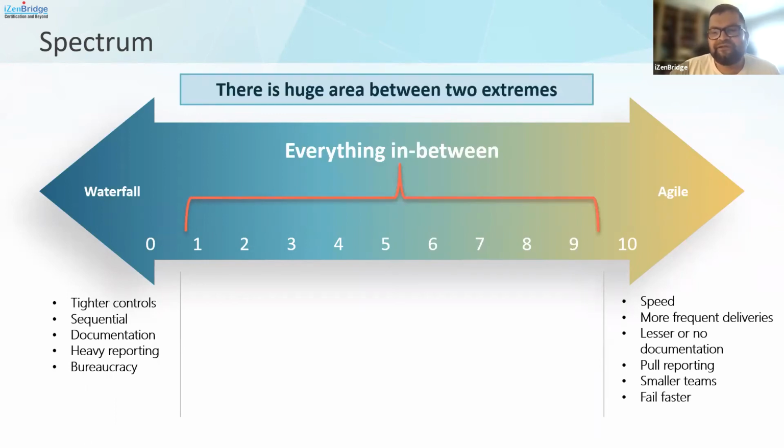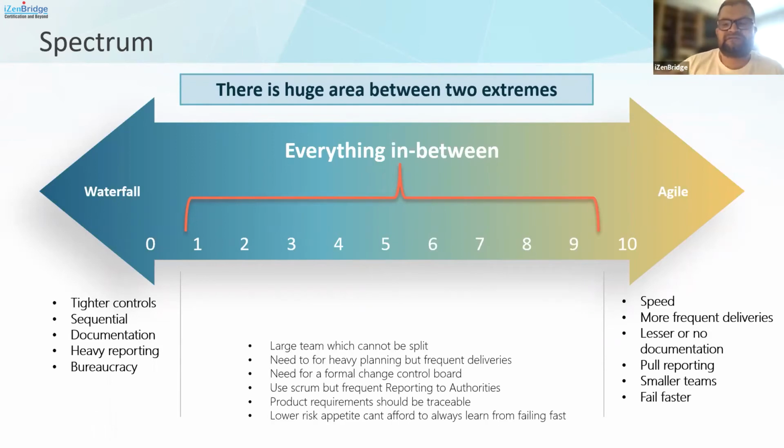Right? Now, there is a huge area in between. The scale of 0 to 10 is just indicative. It doesn't mean these numbers have any real measure, it's just an indicator. Now, everything in between, let's look at the scenario, right? Where you have, for example, a large team, say a 30-member team, and you cannot really split the team into 8 or 9-member groups, which is the best practice in Agile, right? Where there is a need for heavy planning, could be because of regulatory